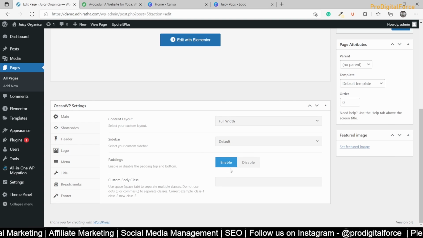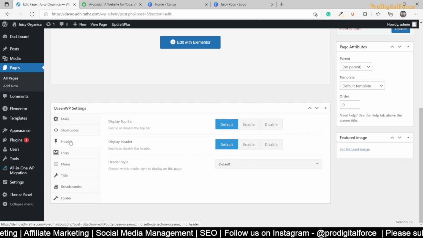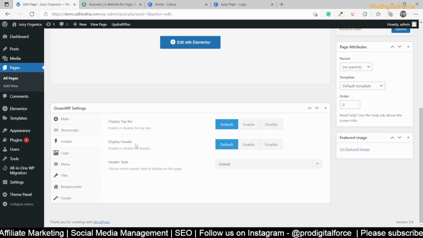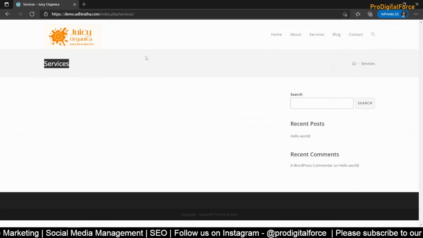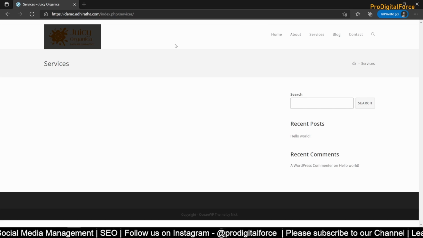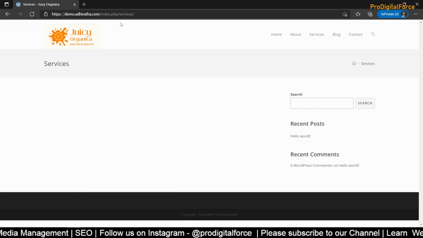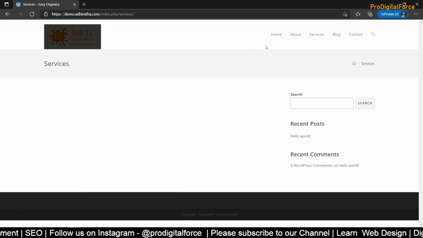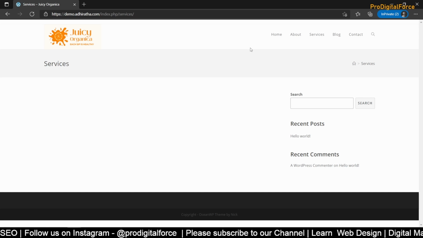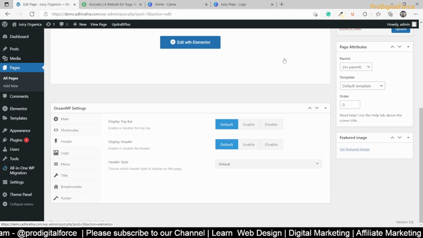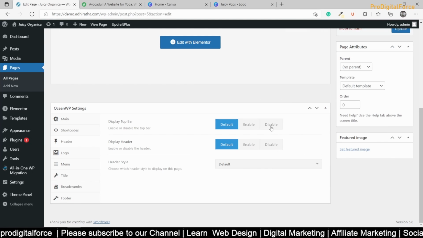So I select full width, then we have a header section, again display top bar, display header. So display top bar is, see here one line you are getting on the top. I'm not sure how many of you are attending from laptop, when you're practicing, you go and see this one small line is here. If you want it, you can keep it. Maybe you want to show your social media icons, Facebook, Twitter and all, so we can incorporate them above this line. But sometimes you don't want to show that. I can disable it.